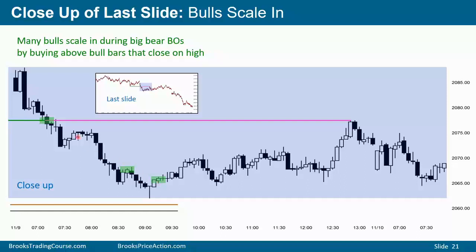Other traders do not take this entry if they think the trend is strong, and they'll simply look to buy where the scale-in bulls will buy, and then take profits when it gets up to where the scale-in bulls will get out. If it gets there and reverses down, especially with a decent bear bar, they'll get out below the low of that bar right here. So those traders will buy here or here, and then get out here with a profit.